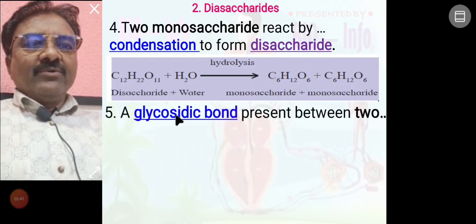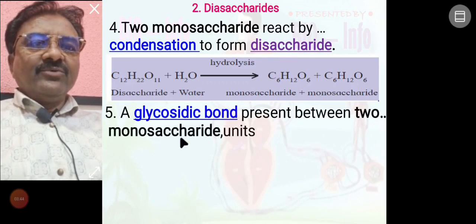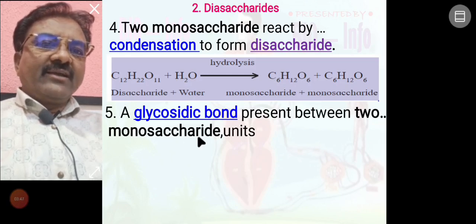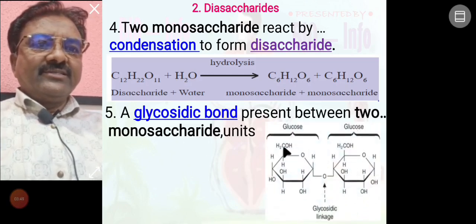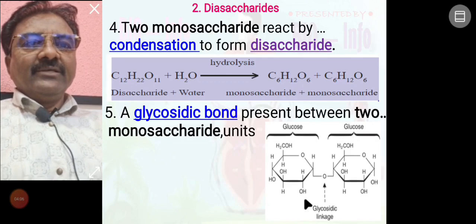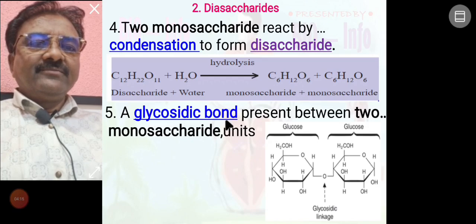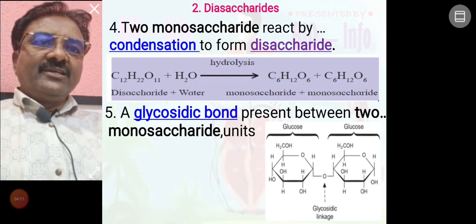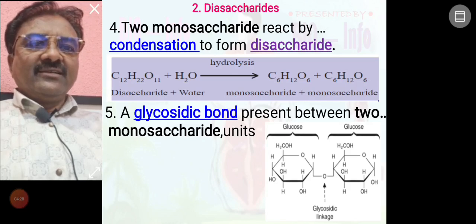A glycosidic bond is present between monosaccharide units. See here the diagrammatic representation. This one is a glucose molecule and this one is also a glucose molecule. These two glucose molecules are combined together by a glycosidic bond, meaning the bond present between two monosaccharides is known as a glycosidic bond. Up to here, disaccharide as one of the carbohydrates is